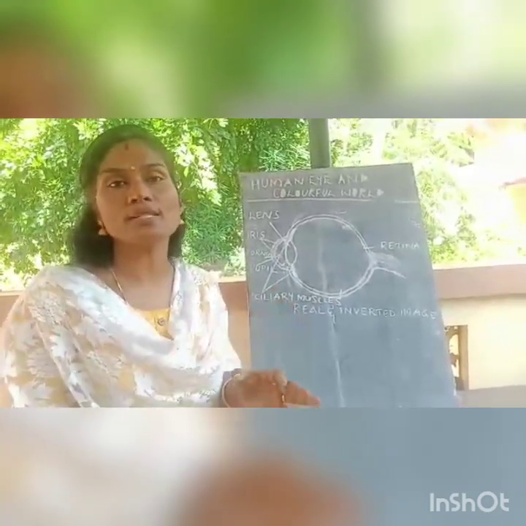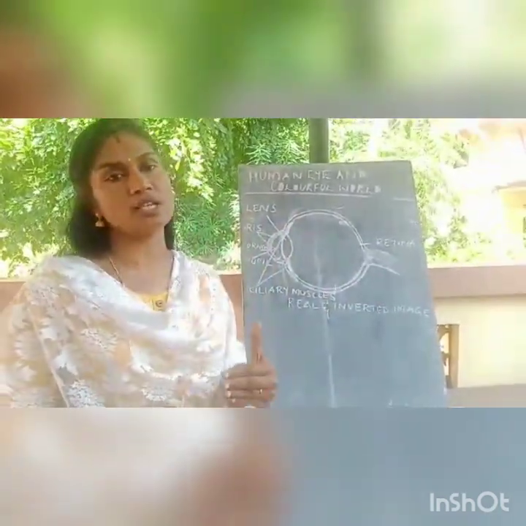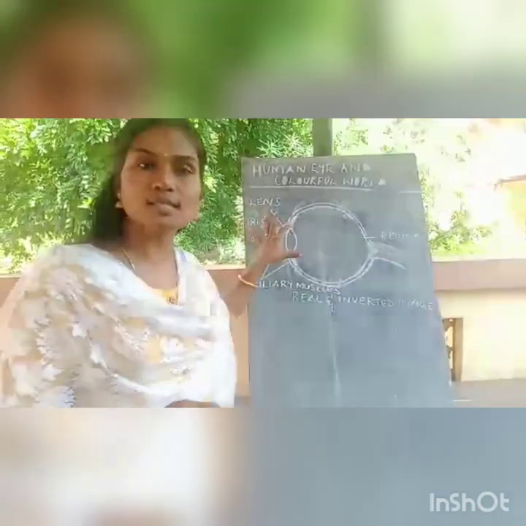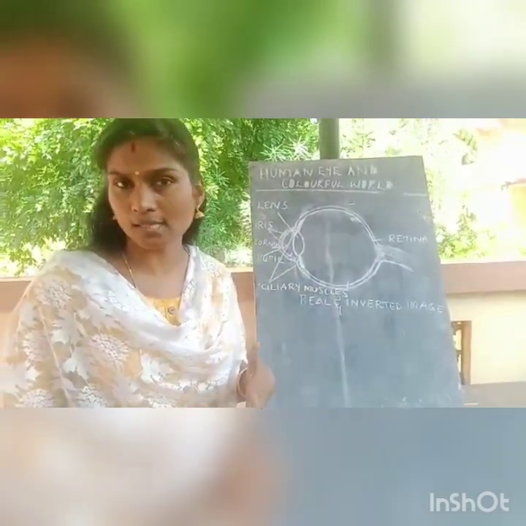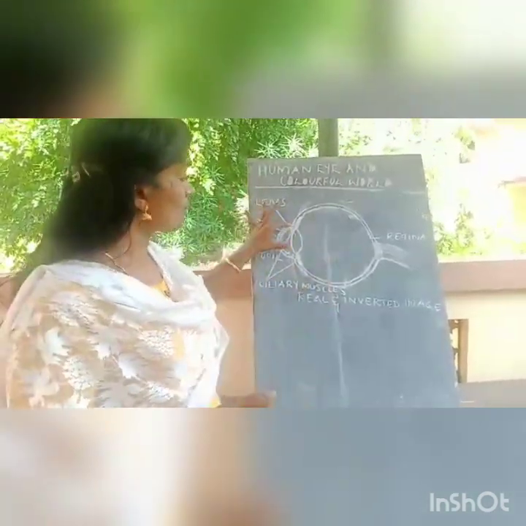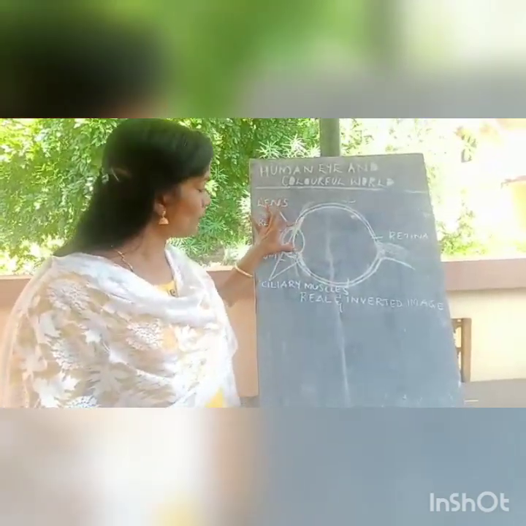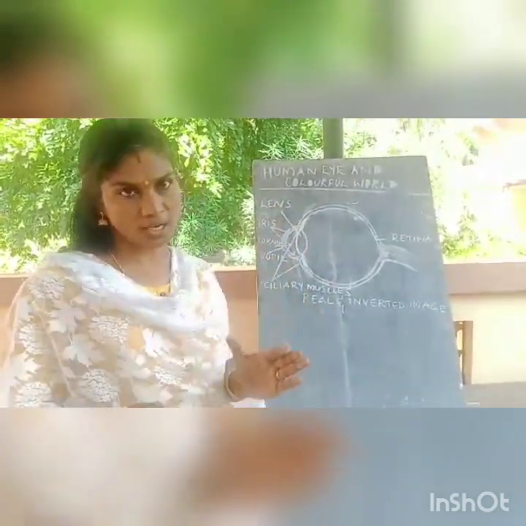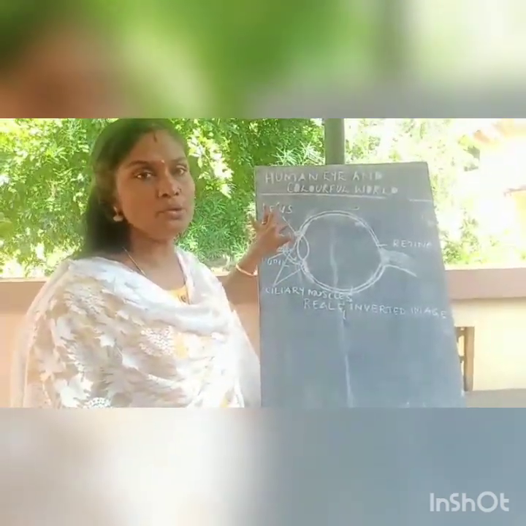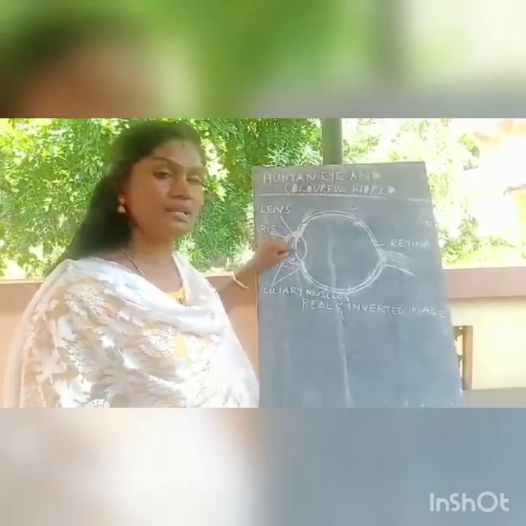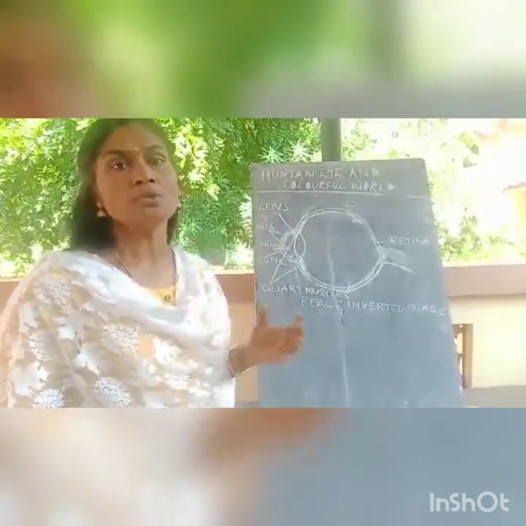For what does the lens want to change its shape? Just to focus distant and near objects clearly. As you know, you can see both distant and near objects clearly, isn't it? That is due to the focusing of our lens. How does it focus? It can change its shape with the help of ciliary muscles. Is it clear for you? So ciliary muscles help the lens to change its shape to focus.